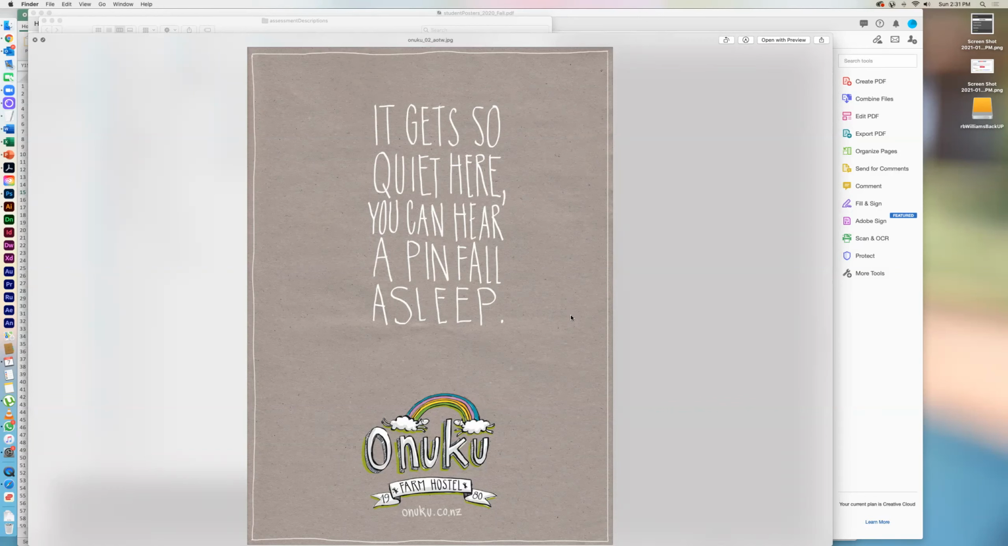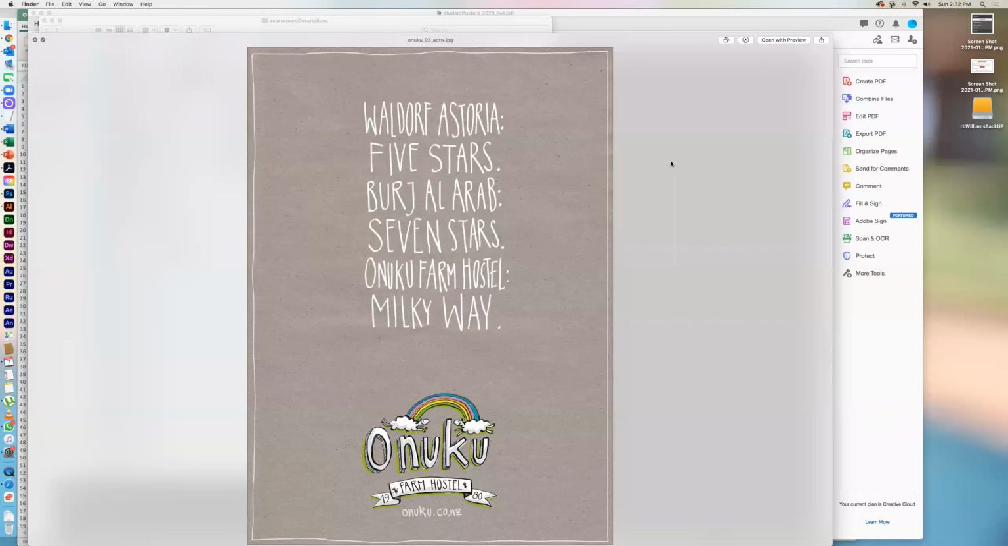I think it's overly complex, but you can see here that it's, okay. It gets so quiet here, you can hear a pin fall asleep. So that's where, it's so quiet in a place you could hear a pin drop. So there it's so quiet you could hear a pin fall asleep. The weakest of the four, in my mind, at least. Okay, then you have